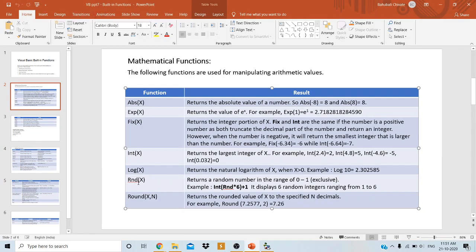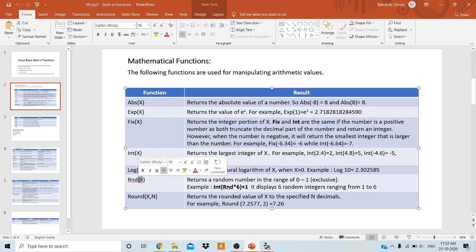Okay, then we have the next function called RND, the random function, a very important function. The random function is going to generate a random number in the range between 0 and 1 only.